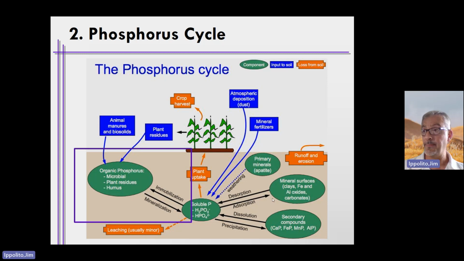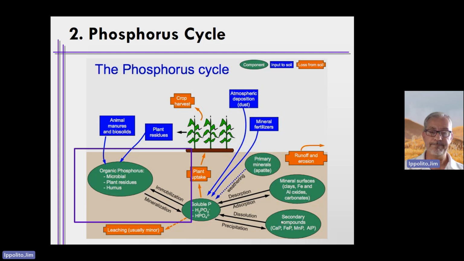We have talked about adsorption and desorption reactions with respect to phosphorus, and we have talked about precipitation of calcium, iron, and aluminum mineral phases, and you probably could throw manganese in there if you want to, although we didn't talk about it, but it undergoes the same reactions as iron and aluminum. And we talked a little bit about dissolution with respect to targeting the optimal pH for phosphorus availability, which is